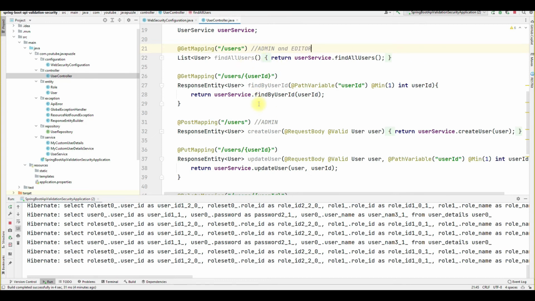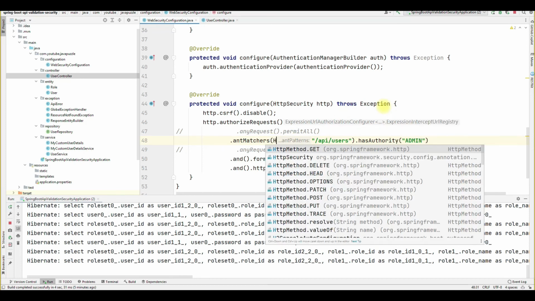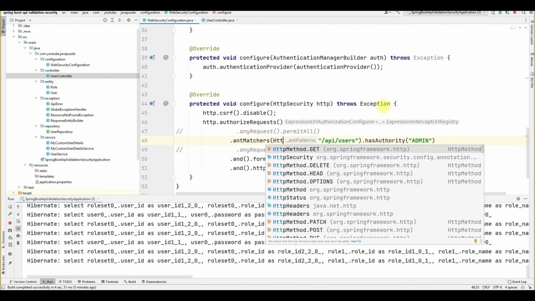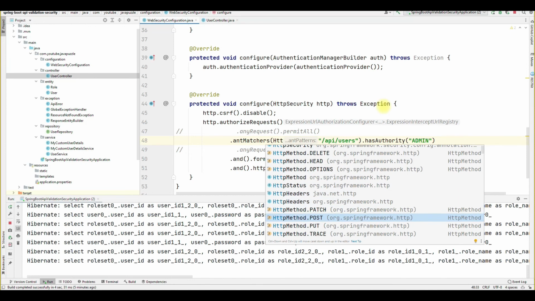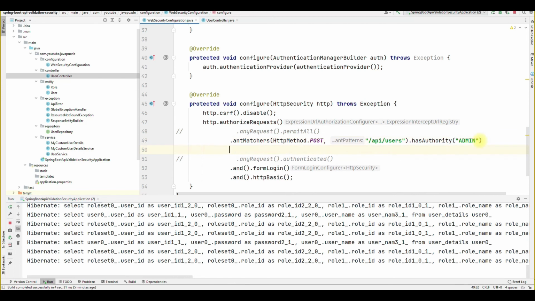So how will we do that? In the antMatchers there is one more parameter we can pass here, like HttpMethod.POST, because we want that only for the post, and comma. For the get mapping we need multiple users, right?